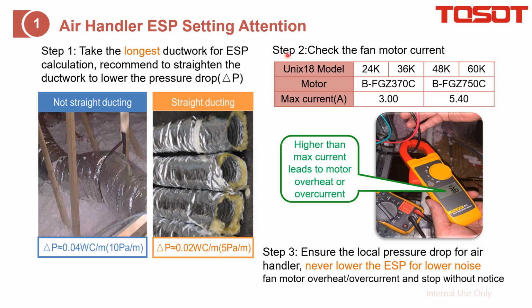And next is to check the fan motor current, just like this. Use a current meter to check the current during operation, and just ensure this value is less than our max current. Otherwise, it will make the fan motor overheat or overcurrent, and also lead to the air handler fan stopping. And some customers also advise to lower the ESP to lower the noise, but for this one,